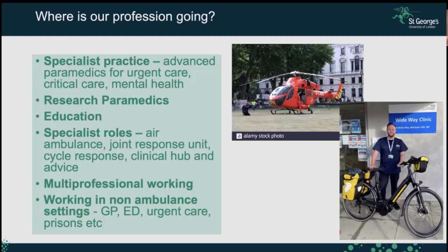We have specialist roles such as the air ambulance, working in the NHS 111 and in other kind of specific areas of practice as well. And you will see some staff working in really non-traditional environments like prisons and in remote medicine as well. So we have come a long way, and our journey ahead is really quite exciting, which you're going to be